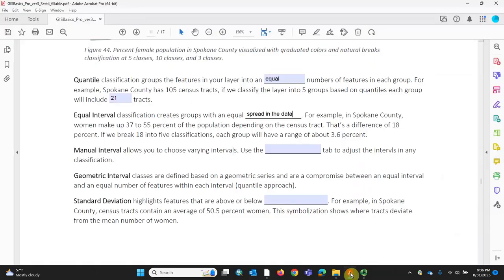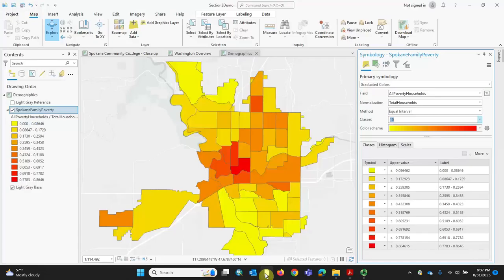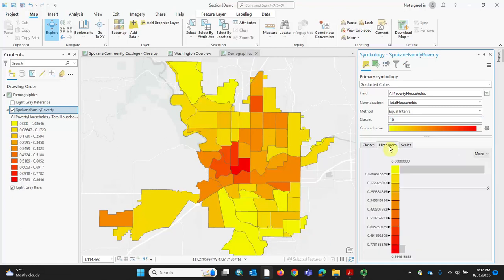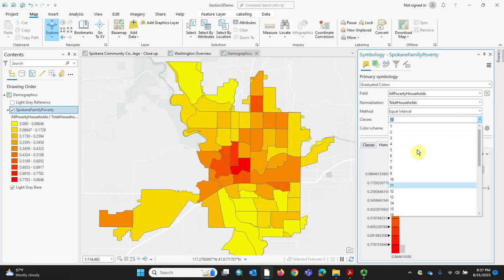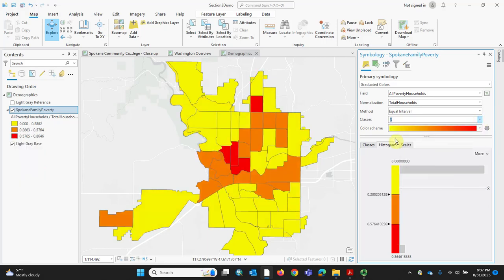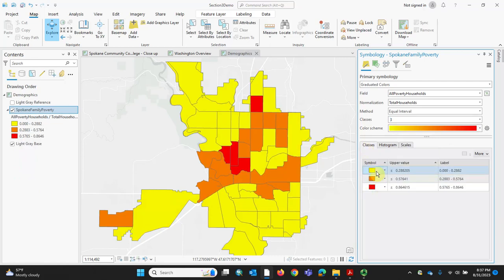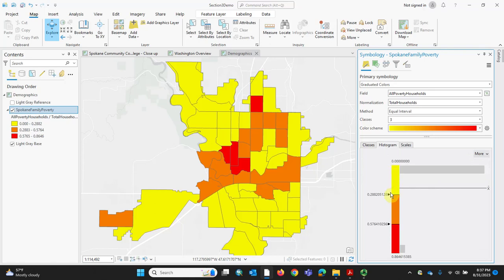And let's see, next piece. Manual interval. This lets you get to decide what you want your intervals to be. This is where you can really fudge the data. So we go over here and we can say, I'm going to take it back to like 3 classes. I just set it up in 3 classes. I'm going to go to the histogram, and I'm going to say, rather than 28%, I want you to have low poverty be defined as anything that's less than